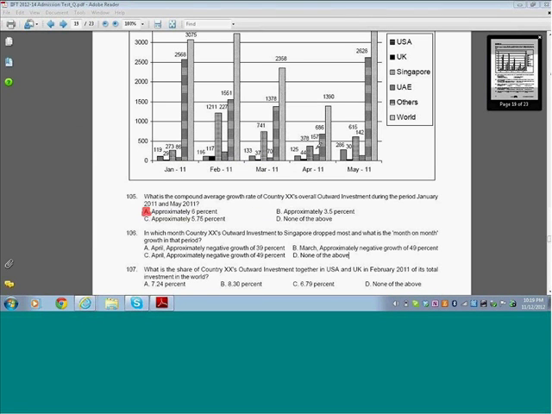So this is March, this is February, this is March to April, again there's a decline. And April to May it has increased, so we will not worry about this part at all. Okay. So we just need to see which of these is a bigger decline. Okay. So the way you can look at this is,